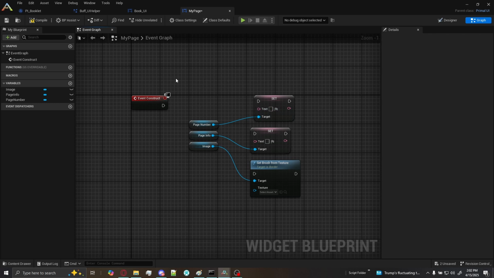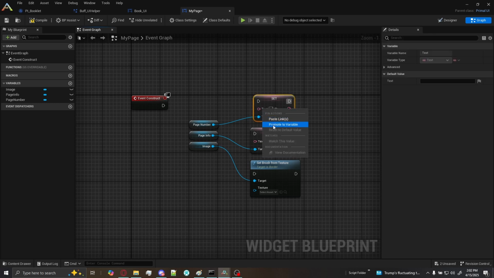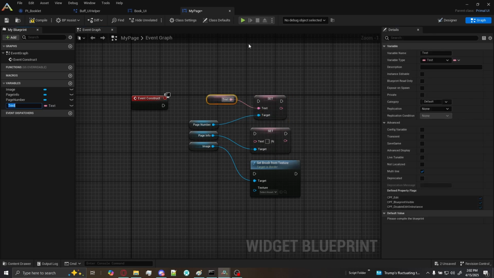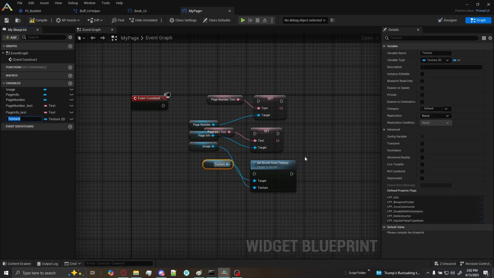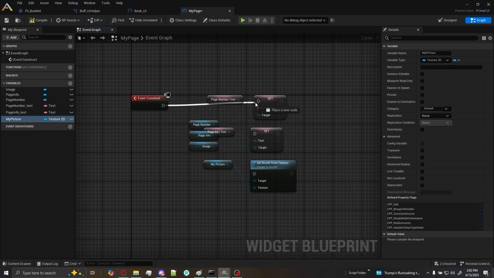Oops, we do need to promote these variables. So we do a promote on variable. This is our page number. Page number text. And then we do a page again, and this one is going to be our page info. It helps to type that right. Page info text. And then we also have an icon. So we're going to go ahead and promote that, and then this is my icon or my picture. And all this information we'll go ahead and execute it right through, and then I can press F to